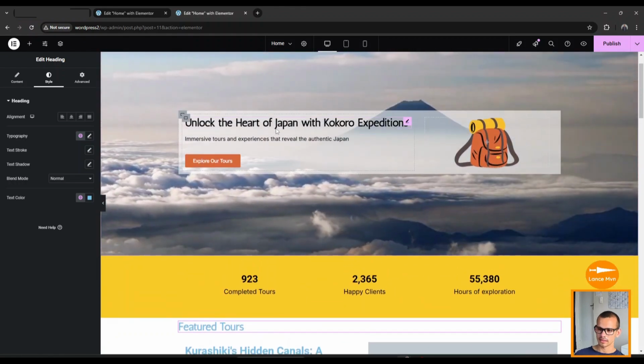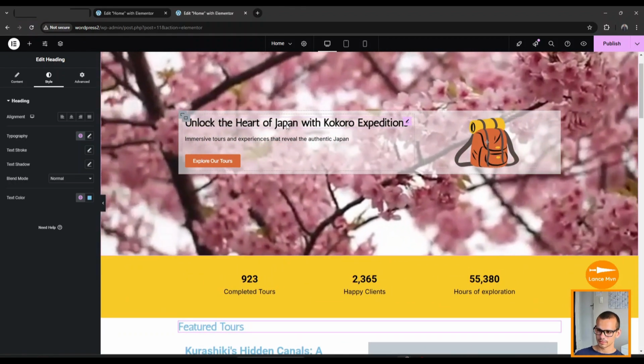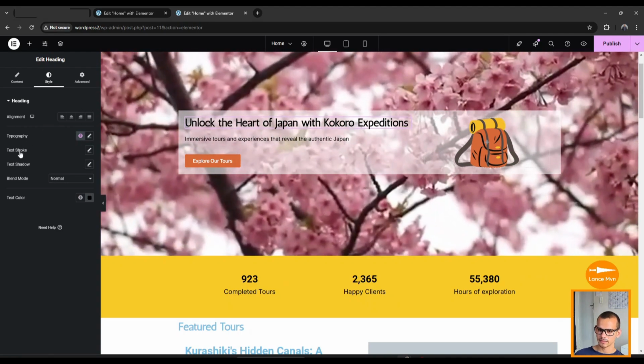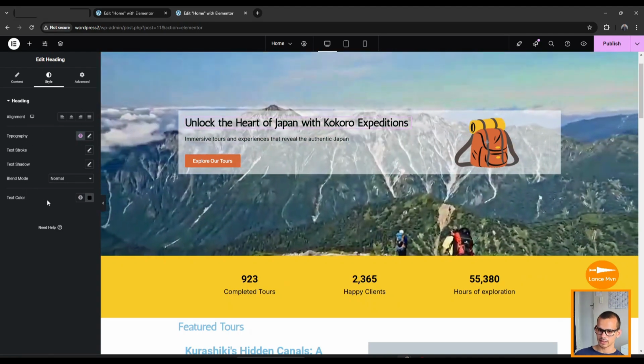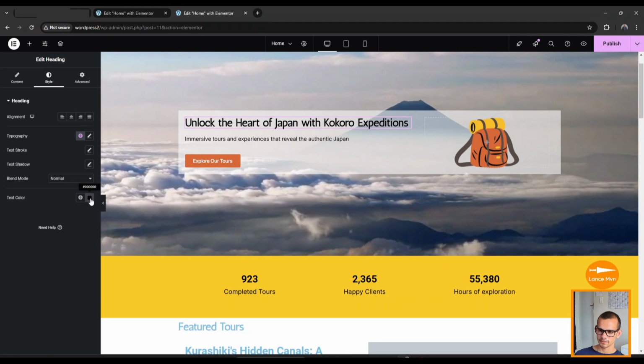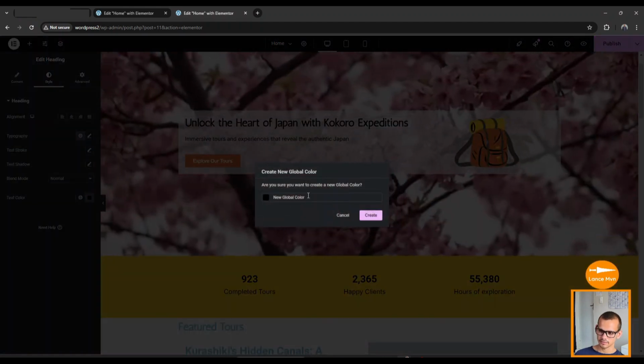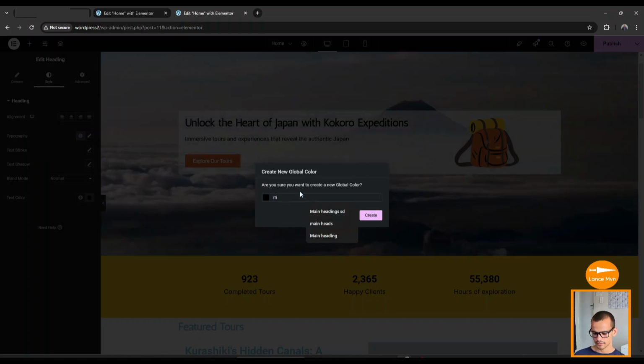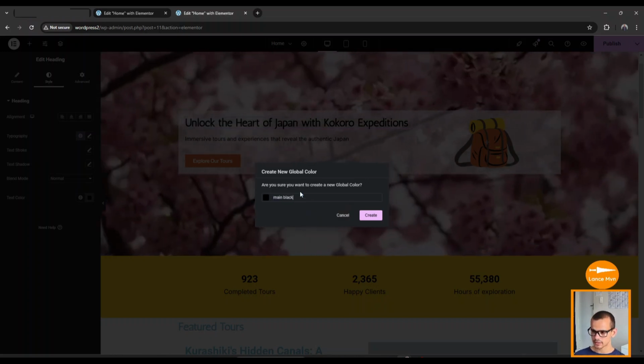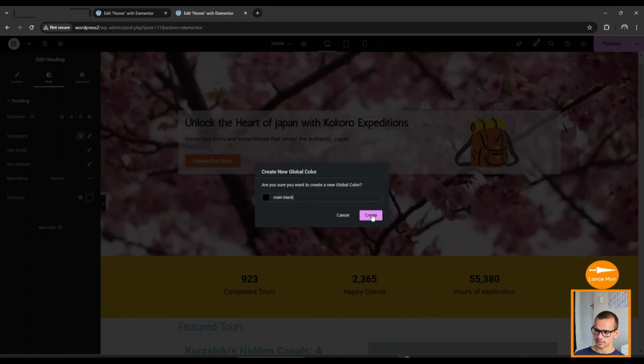The same with the color. If I click on the first heading and then go to text color and then click on plus and say main black and then click create,